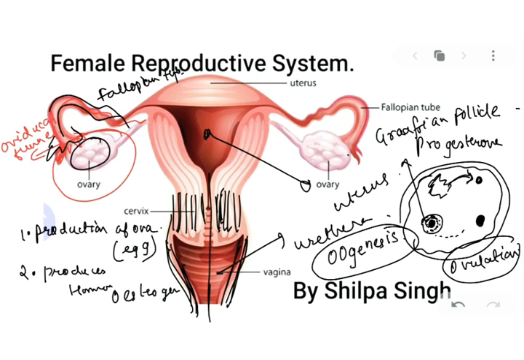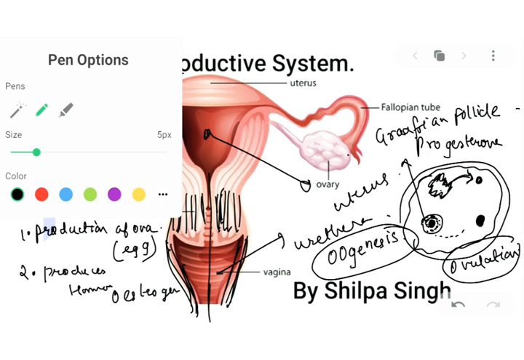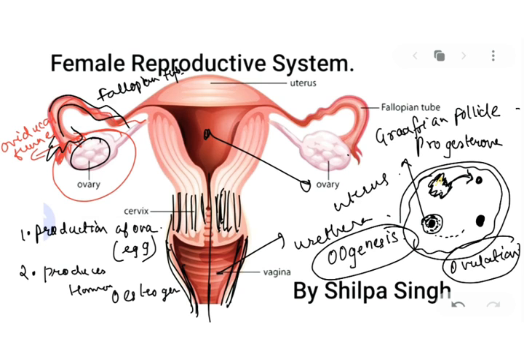Now this Graafian follicle का जो ये ruptured leftover part है, this is also very important. I'll color it yellow so that you will get to know this is the leftover part here. This is very important and it is known as, I'll write it here, corpus luteum. And the corpus luteum is the one which is going to release the major 2 hormones in a lady, that is estrogen and progesterone.